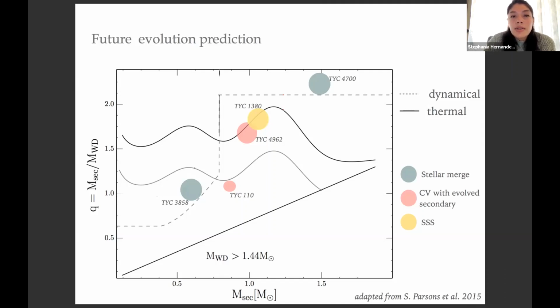Depending on the mass of the white dwarf, we have the chance in these two systems to enter or not into thermal timescale mass transfer. And if they enter thermal timescale mass transfer, then the white dwarf has the chance to increase its mass. The yellow one is the more probable to enter thermal timescale mass transfer, and it will potentially be the second known supersoft source progenitor